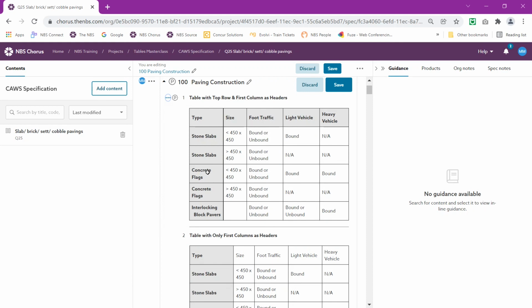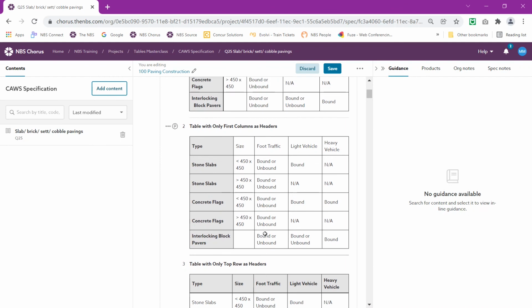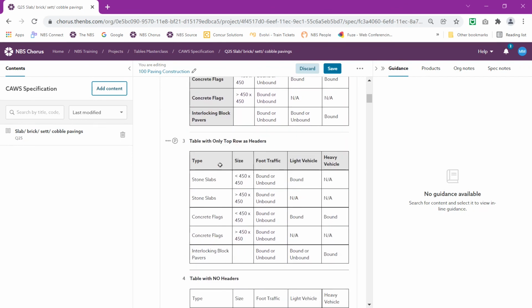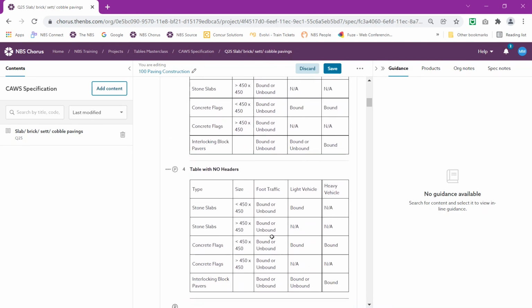Okay. Now, in these 4 tables, although they have identical content, the header arrangements are different for each one. The first table has both the first row and first column as headers, as you can see from the grey shading. The second one just has the first column as headers. The third one just has the first row as headers. And the last one has no headers at all. And if I publish this now with a custom style sheet,